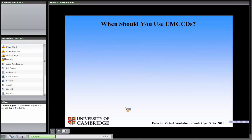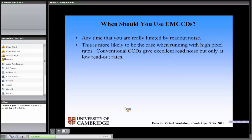So, when should we actually be using electron multiplying CCDs? Well, this happens really any time that you're going to be limited by the readout noise. And this is much more likely to be the case when you're running at high pixel rates, because conventional CCDs give you very good read noise, but only at low readout rates. So if you're happy with a low readout rate, you're probably well advised to stick to conventional CCDs. And indeed, astronomers still consume very large quantities by acreage of these CCDs for their work, and that I think